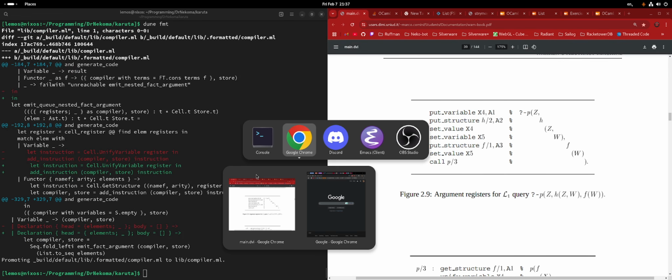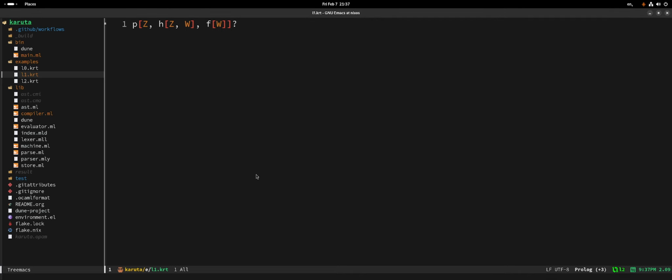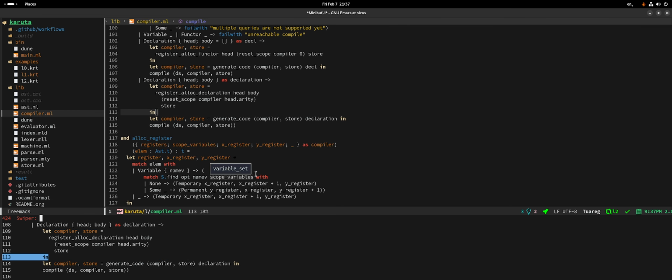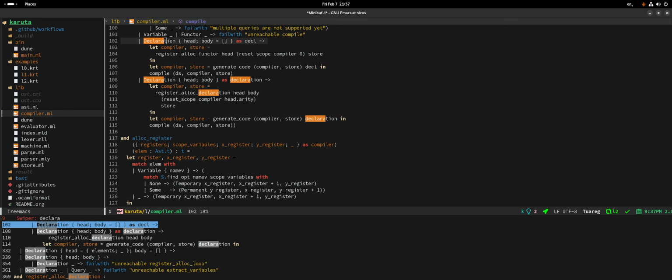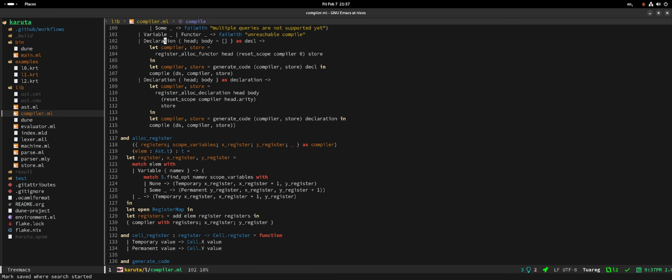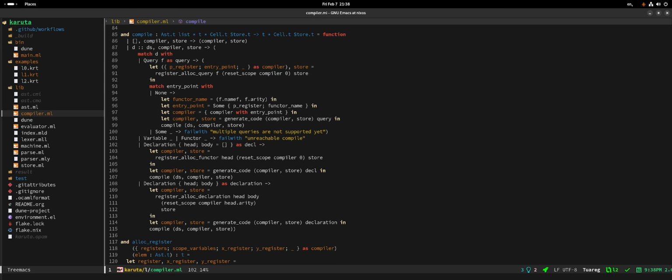Before we do the commit, go to the declaration, the fact, the thingy. Okay, which one? This one. Yeah, that one. You see, generate code, compile, register allocation, this is the main thing. This is not code generation.